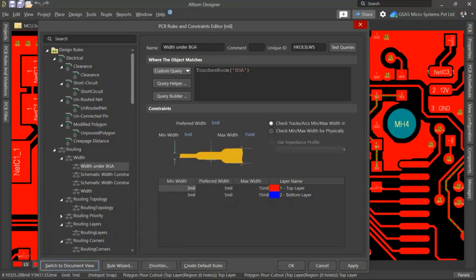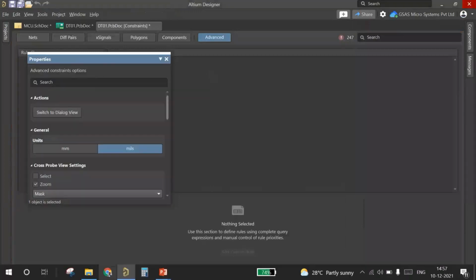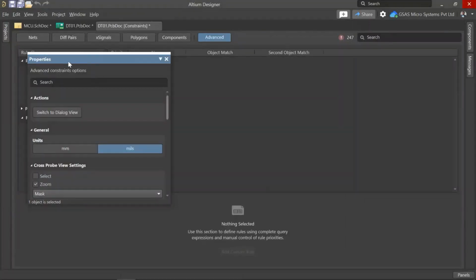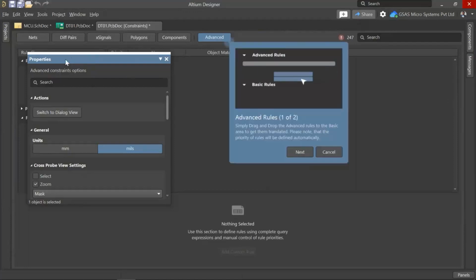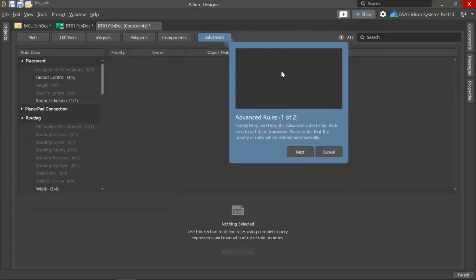And also there you have got two categories, which I'll showcase. You can see we have got two categories in the visualize: advanced rule and basic rule.